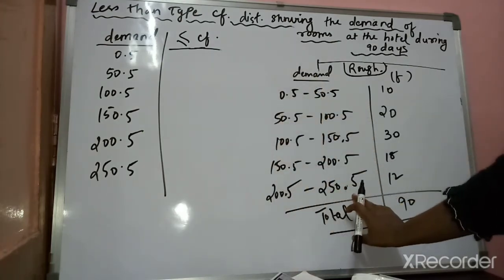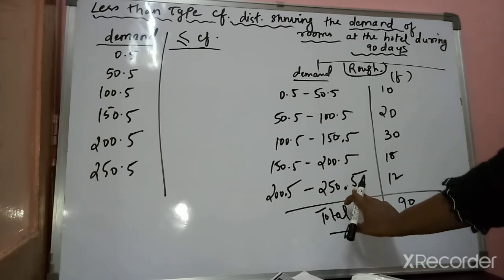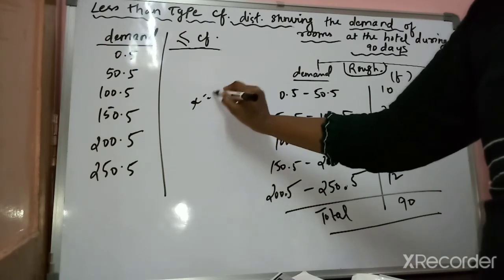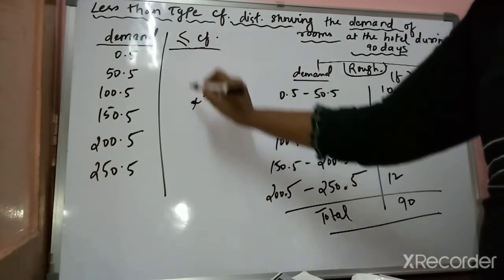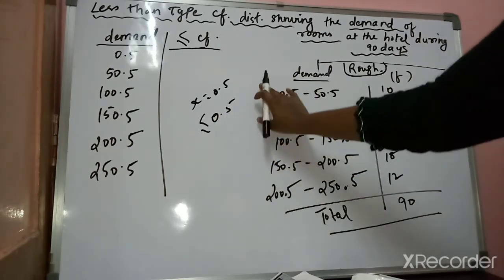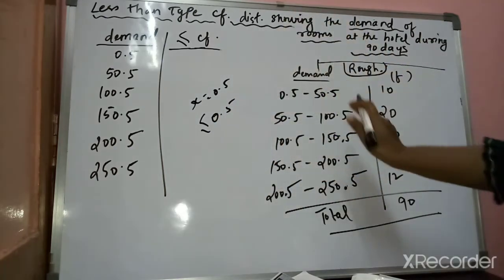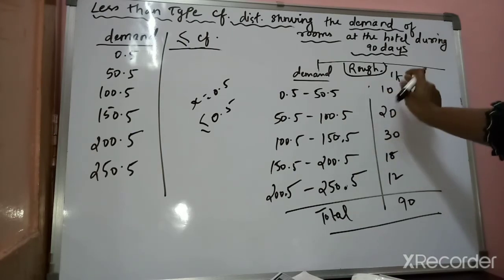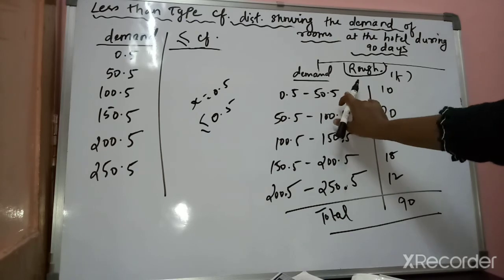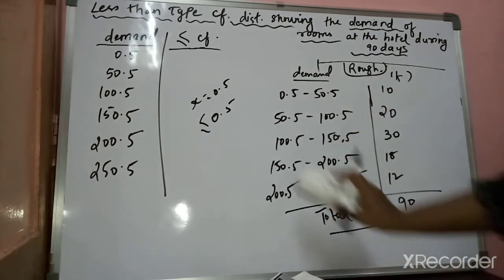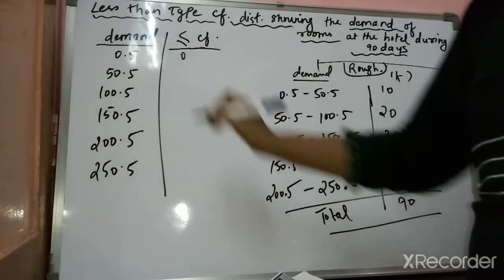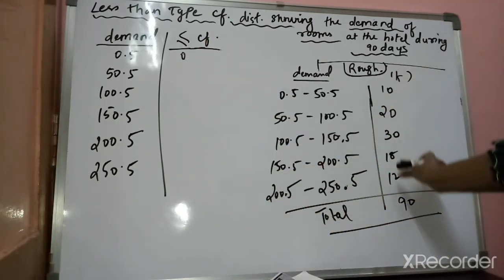end you have to take the upper boundary point of the last class. Clear? Now look, less than 0. Now your x is equal to 0.5. Now what it is saying, less than or equal to 0.5. So less than 0.5, you can see previously there is no class, so you don't have to write this. This is from the range of 0.5 to 50.5, so you would not take number 10 as your frequency. So always in less than type, the first initial would be always 0. Then likewise you have to add it.